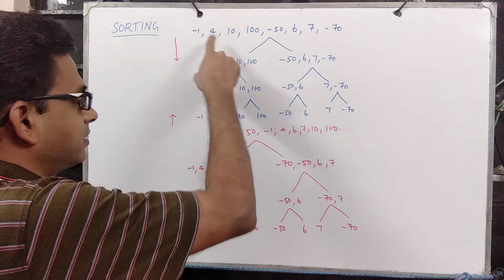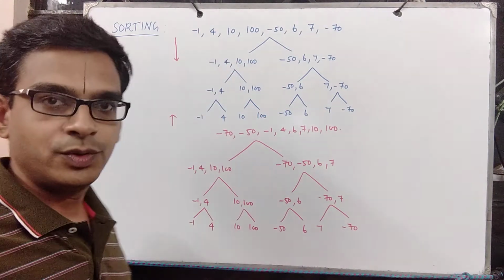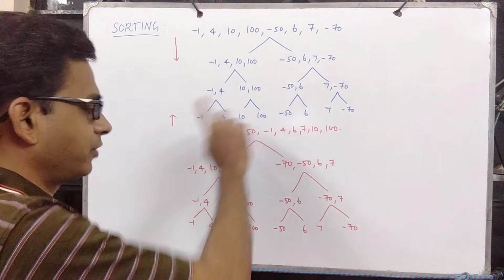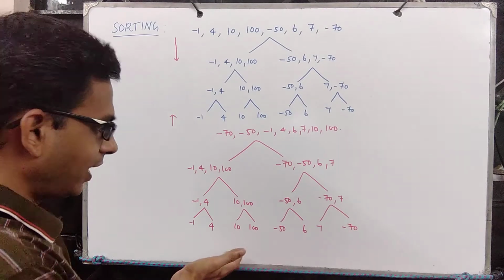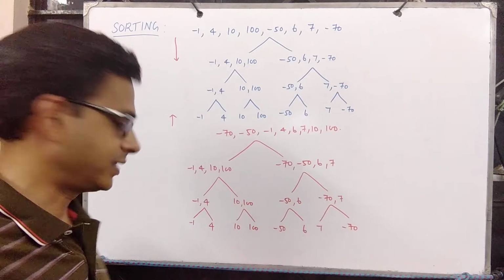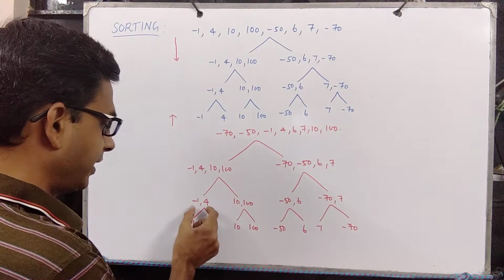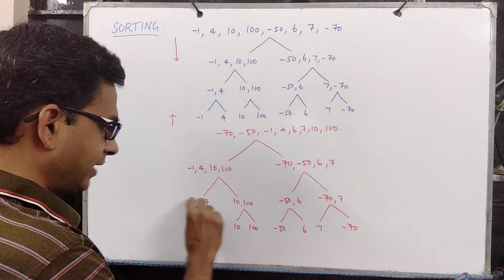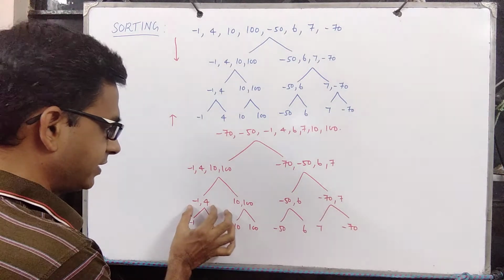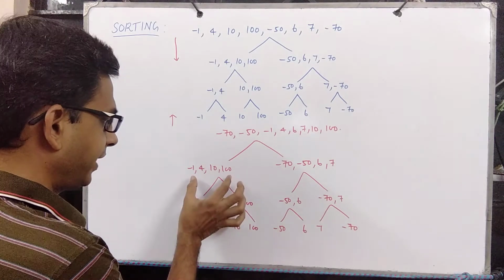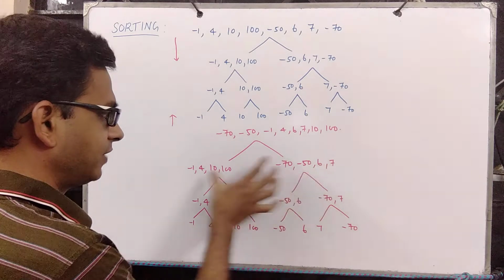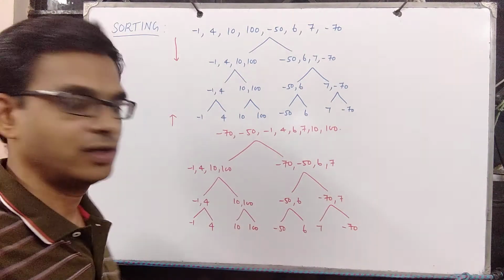So top down breaks the problem into two subproblems or two subarrays of size n by 2, n by 2, then n by 4, n by 4 and so on. Then in bottom up fashion we start combining sorted subarrays. At this level each of these is sorted. Now you have a sorted array of size n1 and a sorted array of size n2, and you create a sorted array of size n1 plus n2. Now this is sorted, and with the help of these two we create a sorted array of size n.